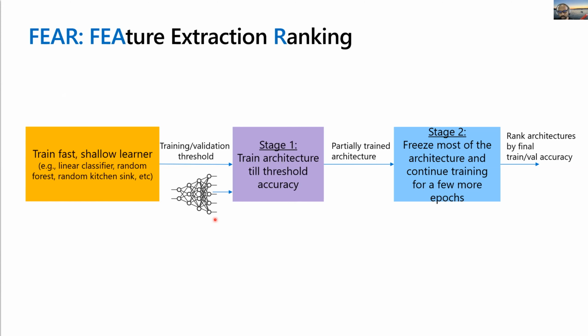And then you do this for all the architectures you care about, and the way you sample architectures comes from your search method. In this work, we are agnostic to the particular discrete search method. It can be any discrete search method. And so you get this final training or validation accuracy of your architecture trained in this particular two-stage manner, right? There is the first phase of training until threshold accuracy, and then you freeze most of the network. Then you take this final score and you rank all your architectures by the training or validation accuracy that you get.